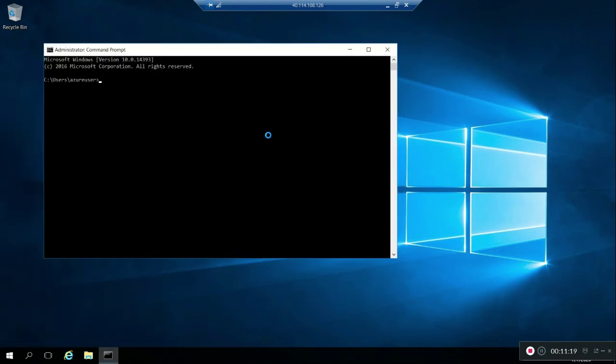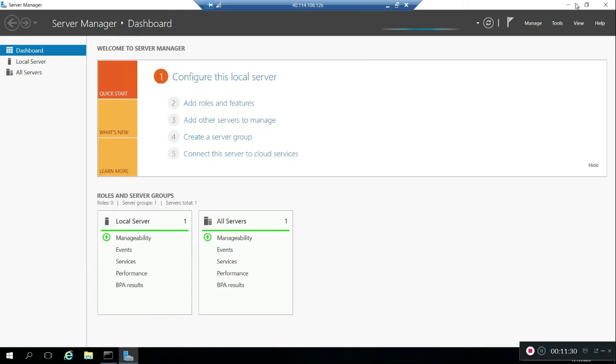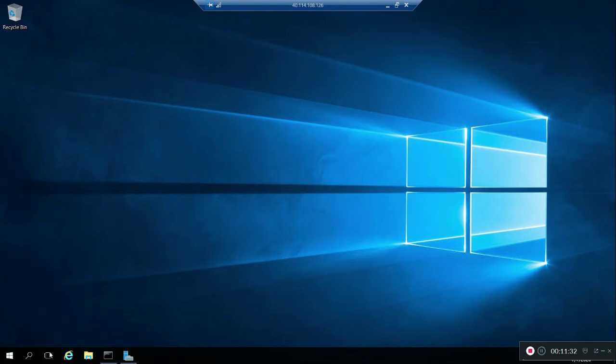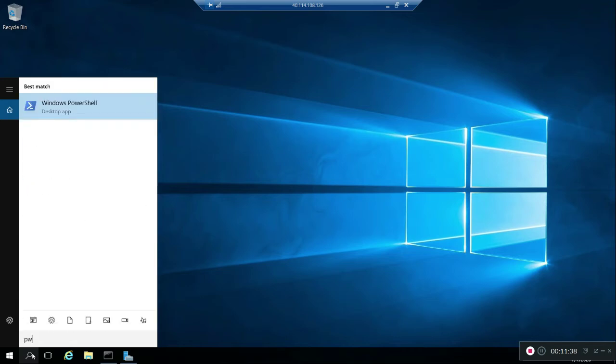We can see the host name should be myWindowsVM. This is the one which we created. Now we will open Windows PowerShell, another scripting language provided by Windows.